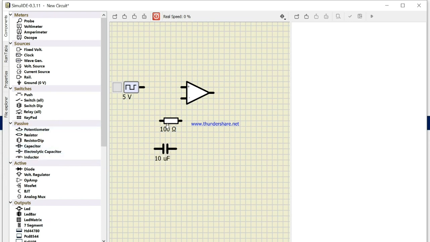Let's try to check. I don't know if it will work or not, but I want to check this one. Okay, now take one probe also, connect this ground like this, connect this probe with this.